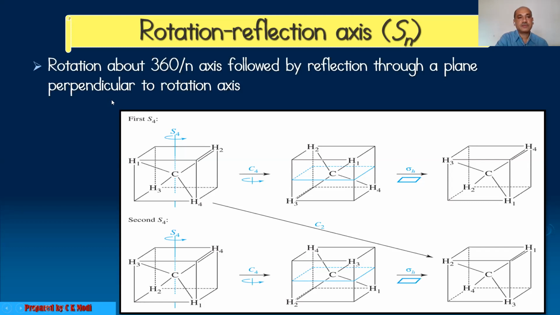Rotation by an axis, followed by reflection through a plane which is perpendicular to that rotation axis. So look at this. This is CH4 molecule. Now CH4 has a tetrahedral shape. Now in this tetrahedral shape,